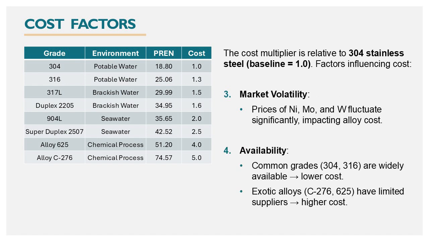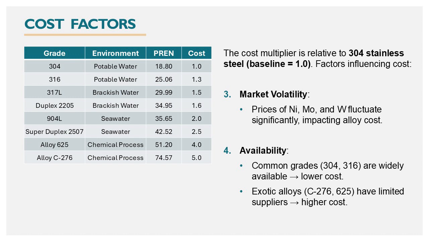Number 3 of factors influencing cost is market volatility. Prices of nickel, molybdenum, and tungsten fluctuate significantly, impacting alloy cost. Number 4 of factors influencing cost is availability. Common grades, 304 and 316, are widely available and have lower cost, whereas exotic alloys, C276 and 625, have limited suppliers